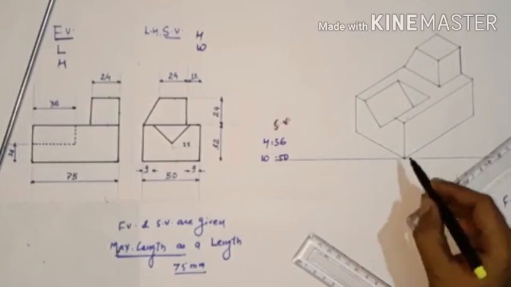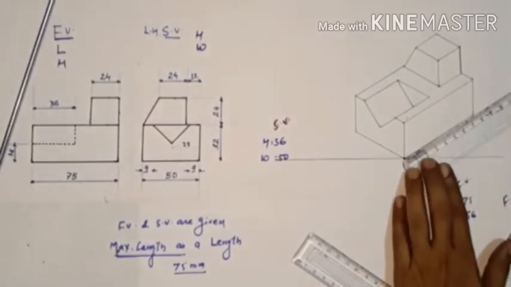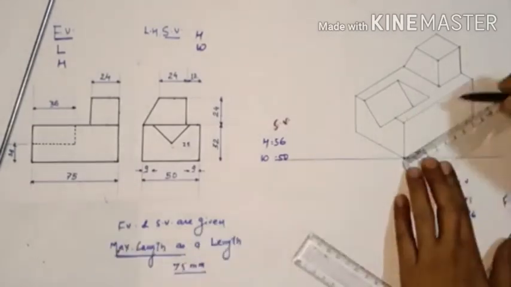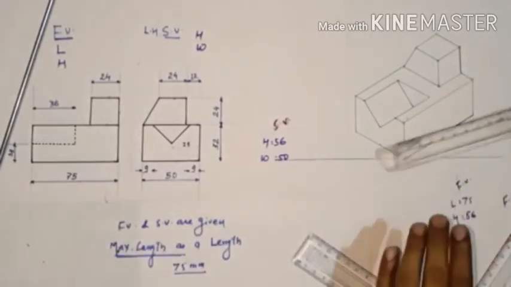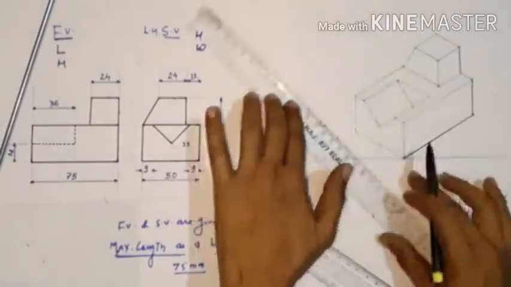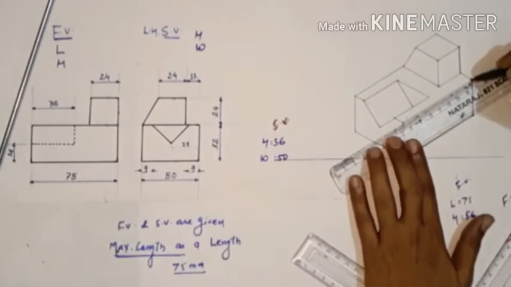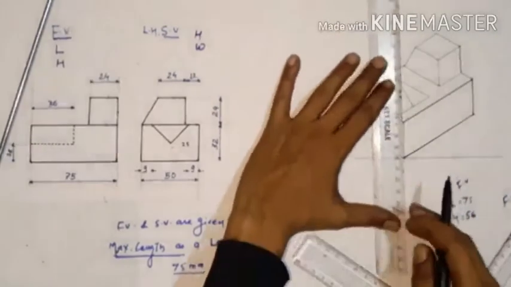Firstly, we select a point and make a 30-degree angle from both sides, and now we draw a front view side line of 75 mm. So like this. Okay, now from here we need to draw a height of 32 mm. So this is your 32 mm. Now we complete this front view of the initial stage, having a box of 75 mm by 32 mm of height, like this.